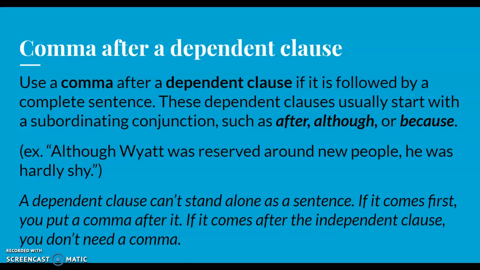So here's the example. Although Wyatt was reserved around new people, it still has a subject and a verb. The Wyatt and was reserved are our subject and verb, but the although makes it so it kind of leaves us hanging and needs something to finish the thought. And what it needs is the independent clause, he was hardly shy. So because the dependent clause is at the beginning, we have to put the comma after it before the